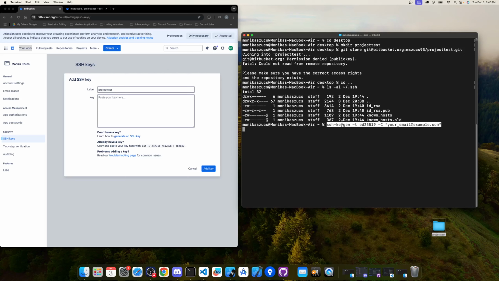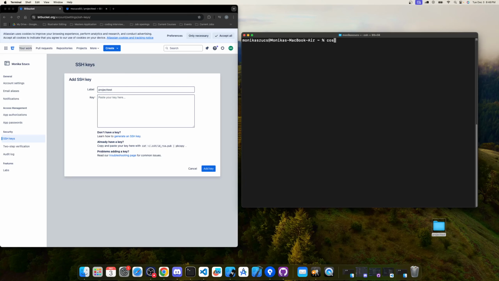But now that I know that I have my RSA code, I just need to run a command in order to showcase it. So what I'll do is I will run this command: cat ~/.ssh/id_rsa.pub,